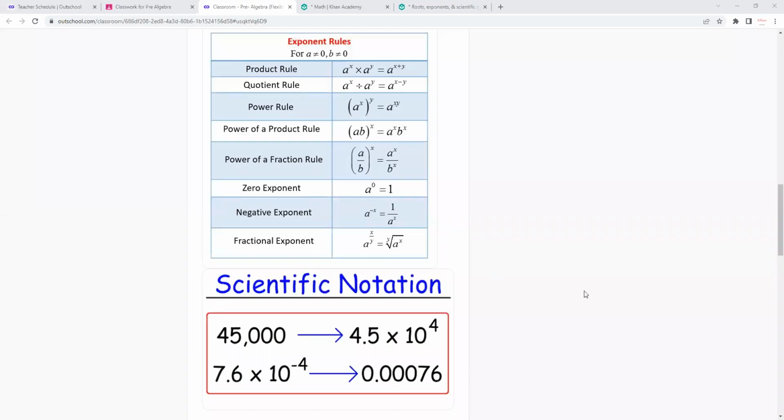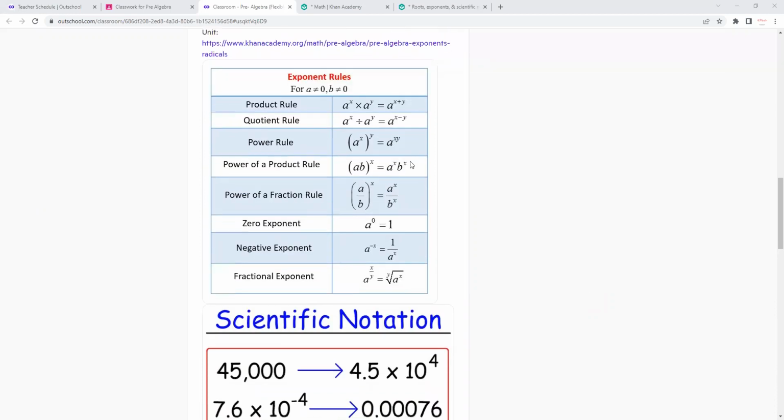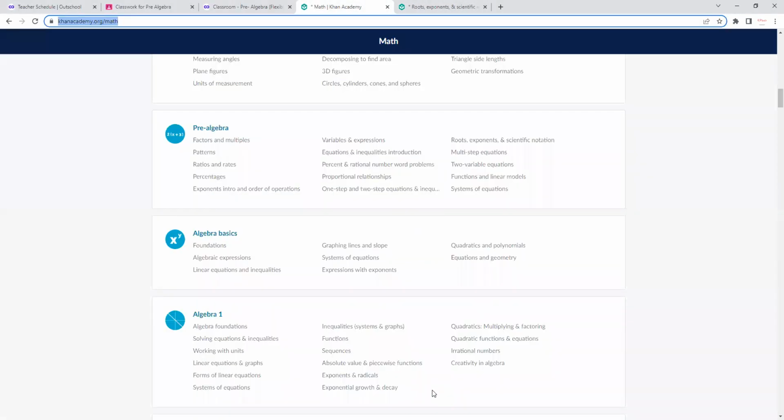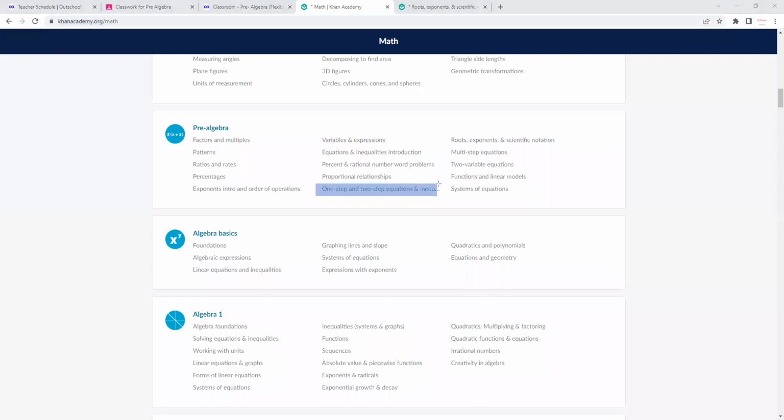So for this unit, we are dealing with exponential rules or exponents and scientific notations. This is kind of a long unit. So usually once we get to this unit here, that's when things start to go downhill for a lot of students, because this is when it gets more challenging. Lots of students have trouble with these remaining units, but honestly, you will see a lot of this stuff again